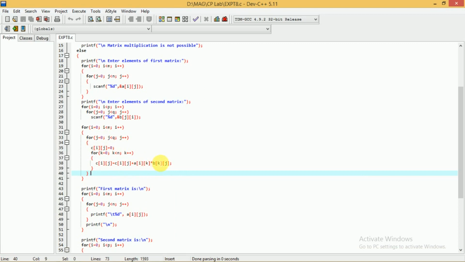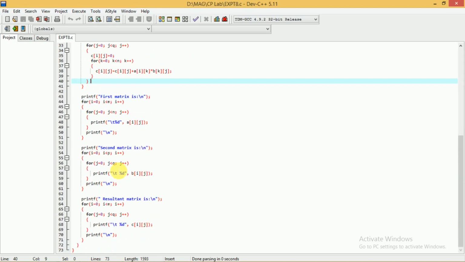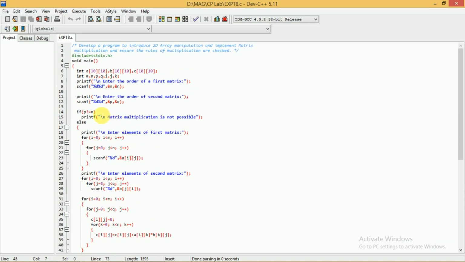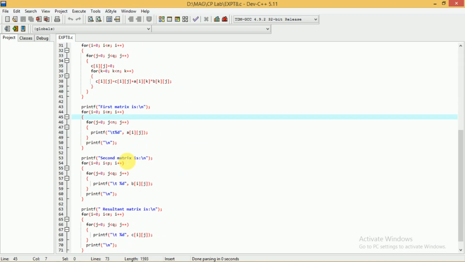Okay, so when these loops of i and j are executed successfully, as a result this matrix C will have the resultant matrix. After this, we have to just display the three matrices. To display the three matrices we have these statements: printf for the first matrix will display the heading. Again, to display, whatever lines we used for the scanf, the same will be used for the printf here.